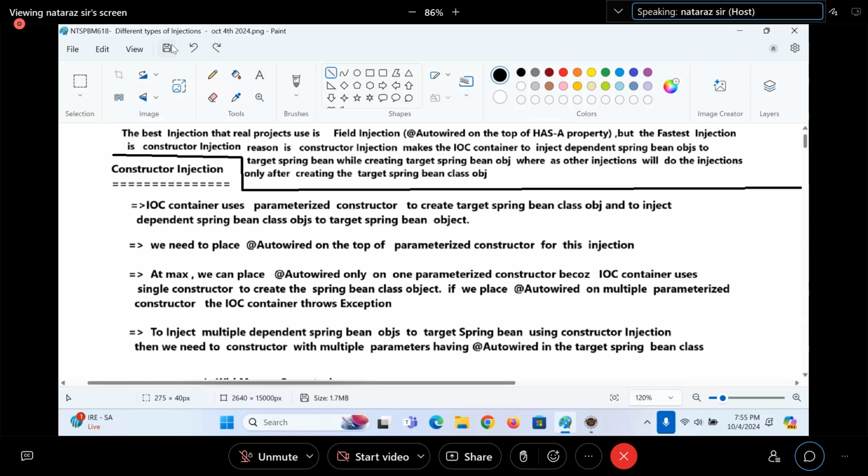Clear? We need to place @Autowired on top of a parameter of the constructor for this injection. At max, we can place @Autowired only on one constructor.